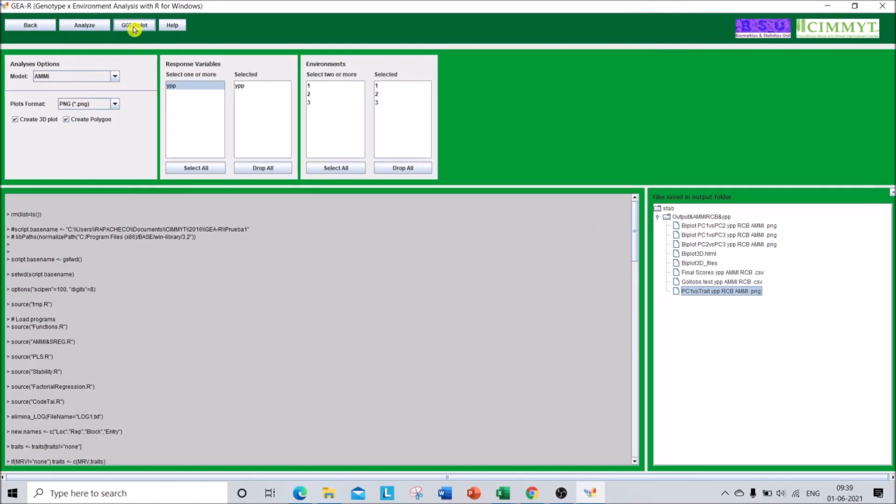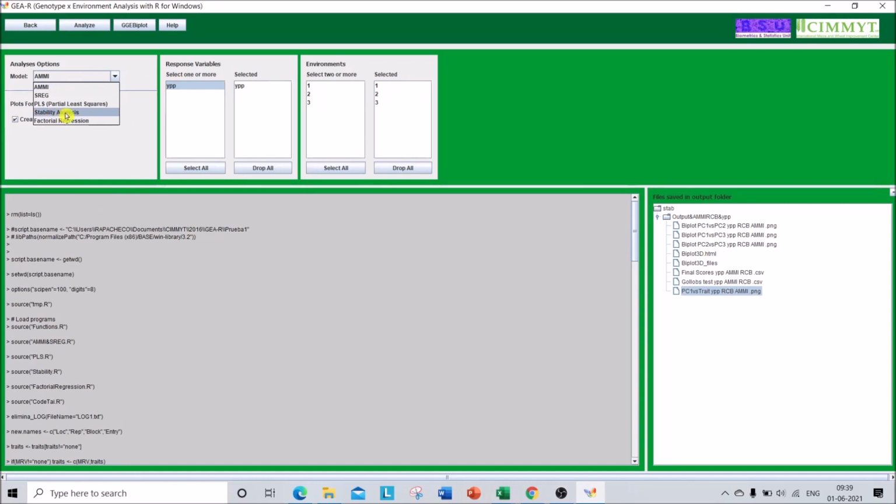But whenever I have given it, it took me some 1 hour. I waited for 1 hour, but it didn't give me any results. If anyone of you tries this with original data, maybe I am only using normal sample data of some 5 genotypes or some 9 genotypes. So if you try this GGE biplot and it is successful, please let me know, because it was not successful for me.